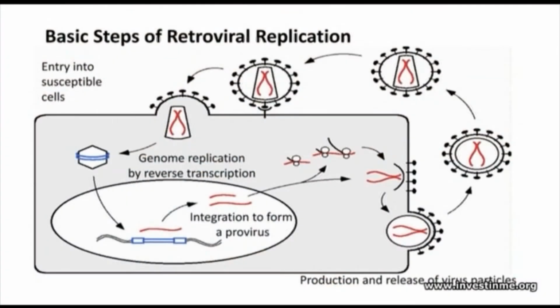They then take that piece of DNA and integrate it into the host chromosome. So they actually open the host DNA, insert their bit of DNA, and then close it up again. Once that is there, we call it a provirus, and you can't get rid of that. A cell can't remove that from its genome.